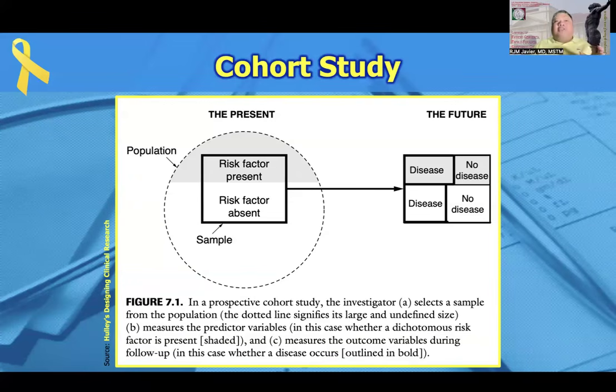For example, you want to establish the relationship of vape use and the development of bronchogenic carcinoma after 20 years. If you recruit your study subjects, you recruit them from one population only. For example, among UERM students only, hindi pa pwede kayong kumuha, let's say, ng Ateneo students or UP College of Medicine students or UST Faculty of Medicine and Surgery students. Talagang one population lang, UERM College of Medicine students. That's what we mean with only one circle. And you recruit medical students from UERM.